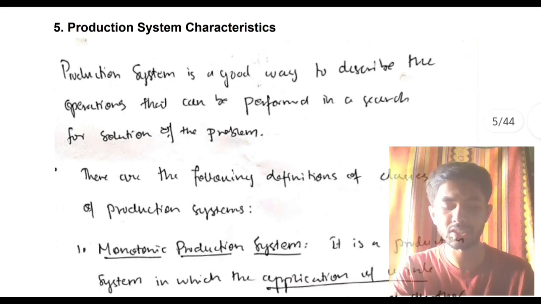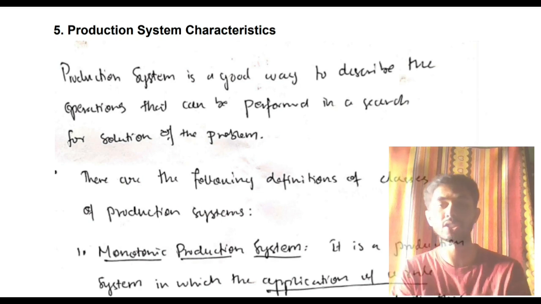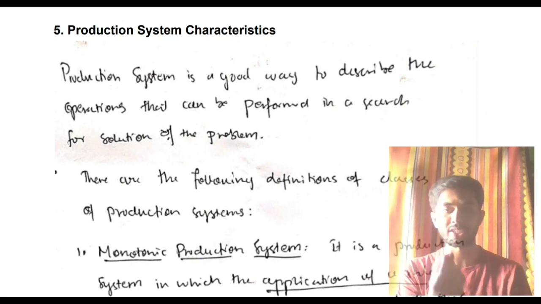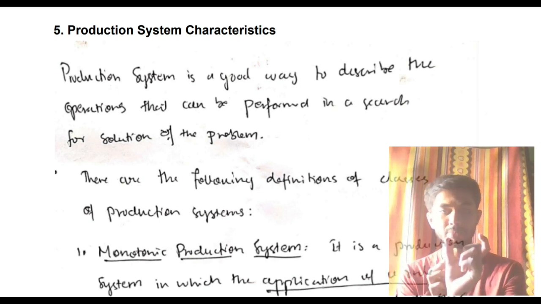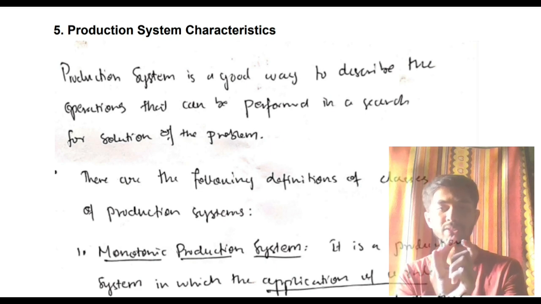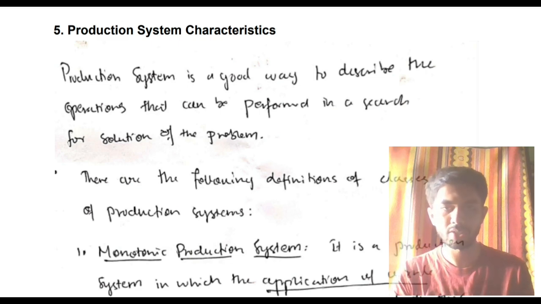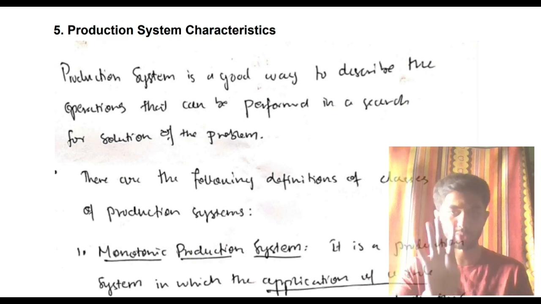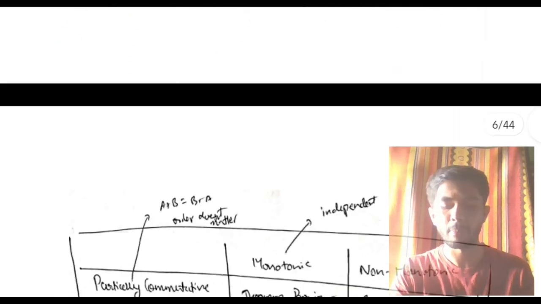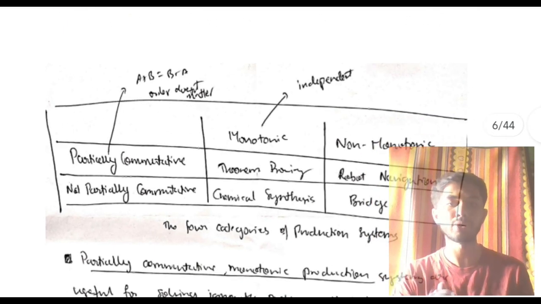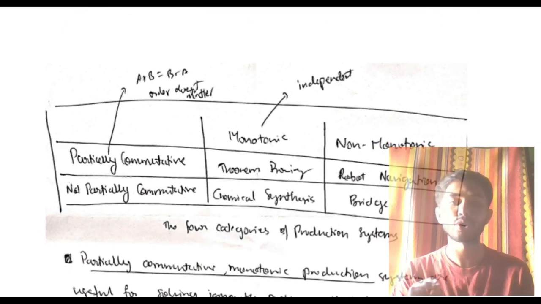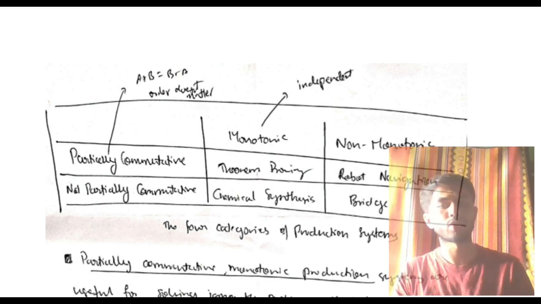Let's move on to the next super important question, which is production system characteristics. Now see, production system characteristics means what? There is a system here, there is production here. Systems, production, there are some characteristics. It basically talks about the different types of solutions and the different types of problems. Now what are the different types of problems that can be possible here? 4 things you need to keep in mind: monotonic, non-monotonic, partially commutative, non-partially commutative. Monotonic means what? Independent. Non-monotonic, obviously the opposite of that, not independent.